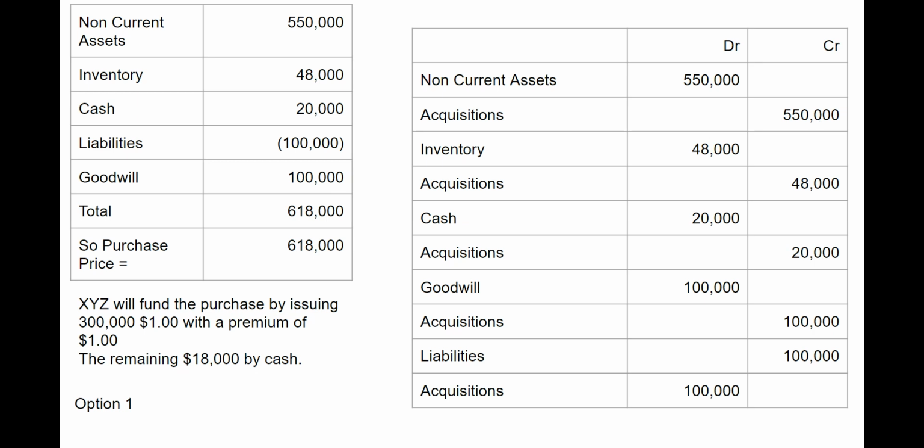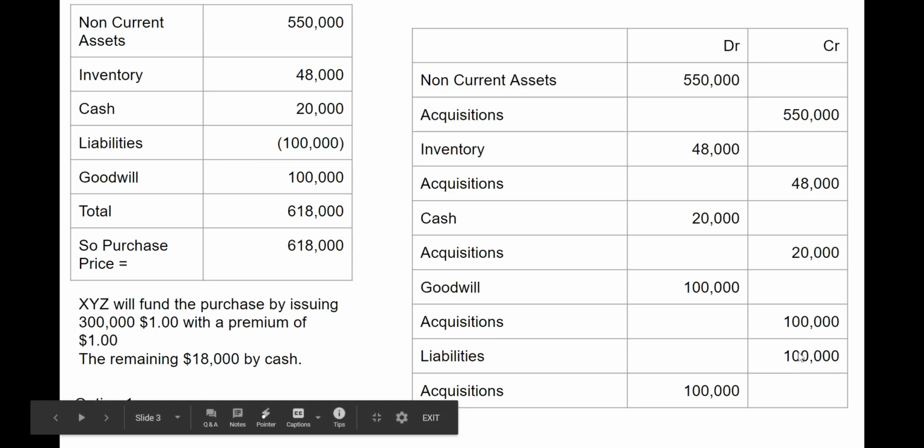And what is more likely in an exam is you'll be doing this for a number of non-current assets. So inventory, debit the inventory account, credit the acquisition account, cash, debit cash, credit the acquisition account, goodwill, debit goodwill, credit the acquisition account, and with the liabilities, we would credit the liabilities and we would debit